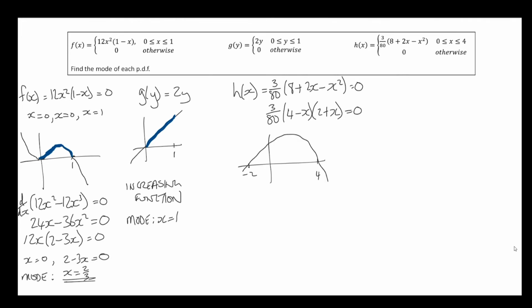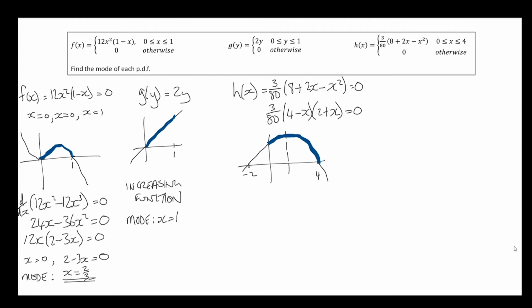We know by symmetry this maximum point must occur at 1. And checking the valid interval, this function is valid in between 0 and 4. So this highlighted section is what we're actually interested in. Looking at this, I can verify that the turning point here is going to be the mode. Okay, by inspection, and because I know about symmetry with quadratics, I know that the mode is going to equal